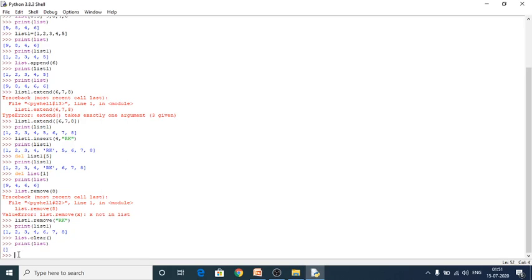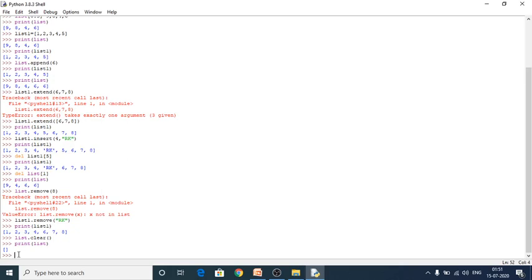So what is the use of pop? Apart from the remove function, the pop function can also be used to delete an element using the given index value. Pop function deletes and returns the last element of the list if the index is not given.